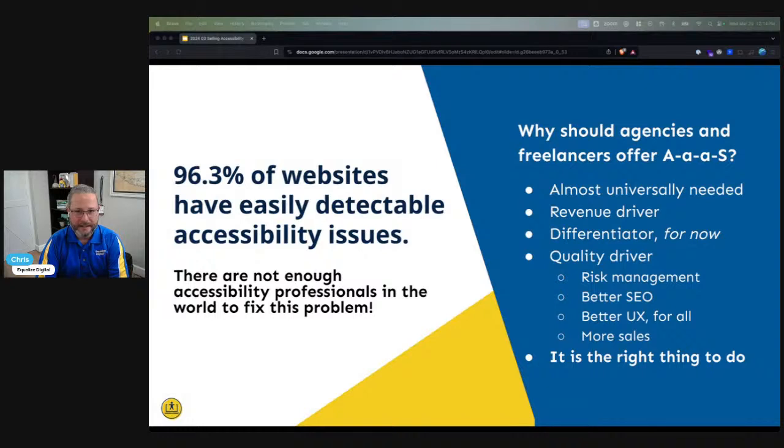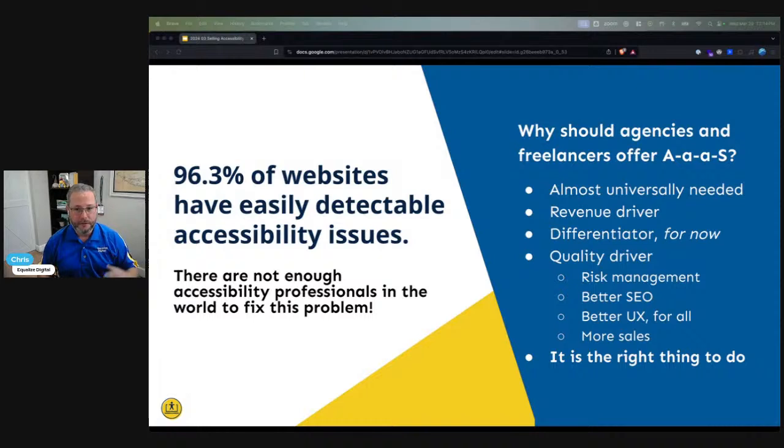And what they are finding is that 96.3% of homepages of the top 1 million websites have easily detectable and preventable issues. The reason I say easily detectable and preventable issues is because they can be detected with an automated scan. They don't even require a human tester to identify. When you look at a stat like that, some things become clear very quickly. First, as I alluded to in my introduction, there are not enough people doing accessibility to address an issue like this. Number two, there is a really obvious group of people who are positioned to be part of a solution.